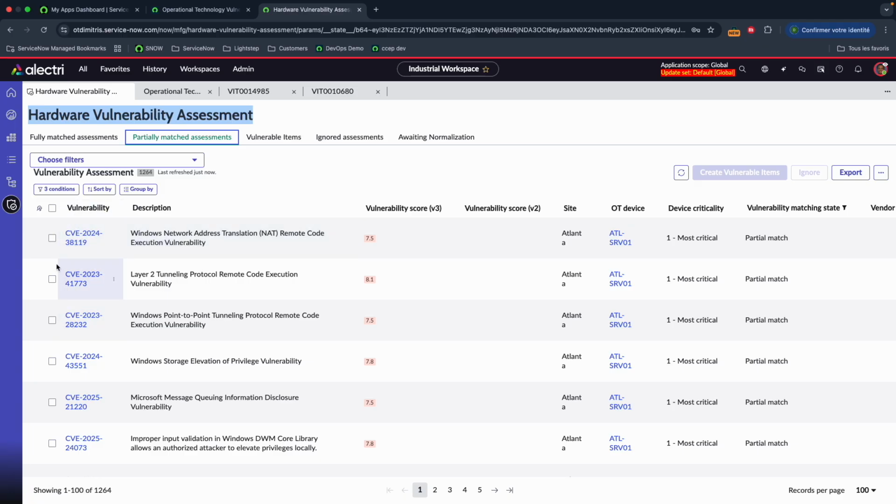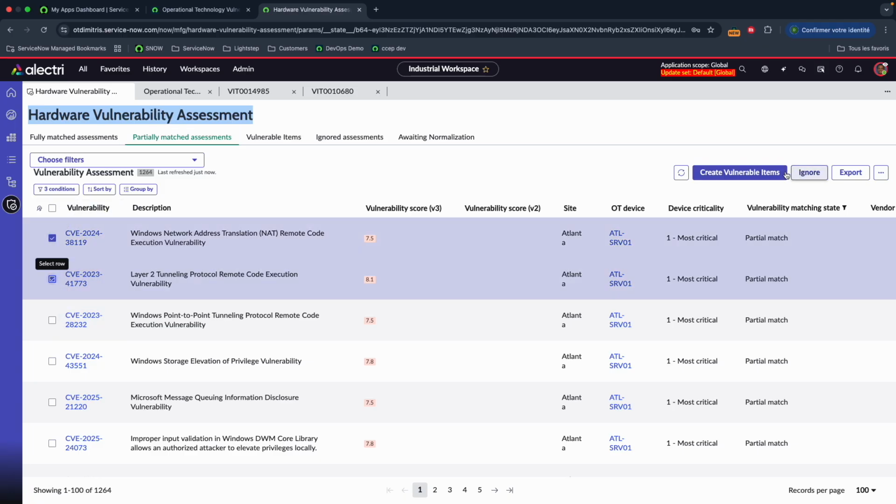For each of these matchings, you can choose to ignore the matching, meaning that I don't care, this is not important, or this matching has been wrongly done. Meaning that my device is another version, no problem, you can ignore it.